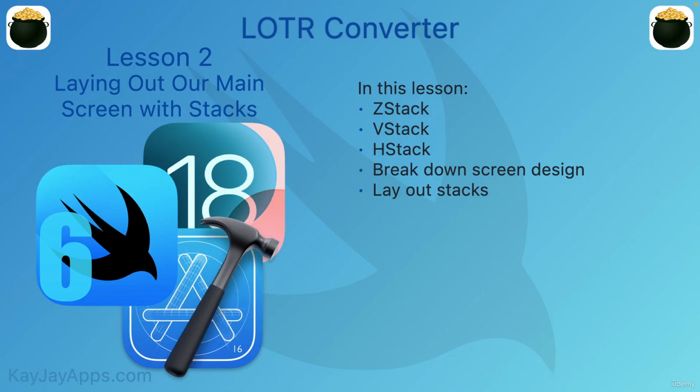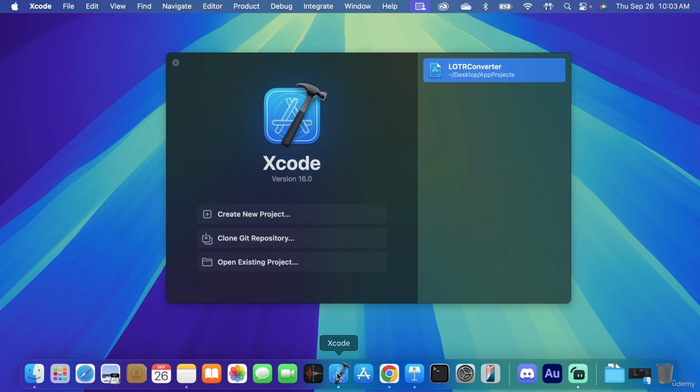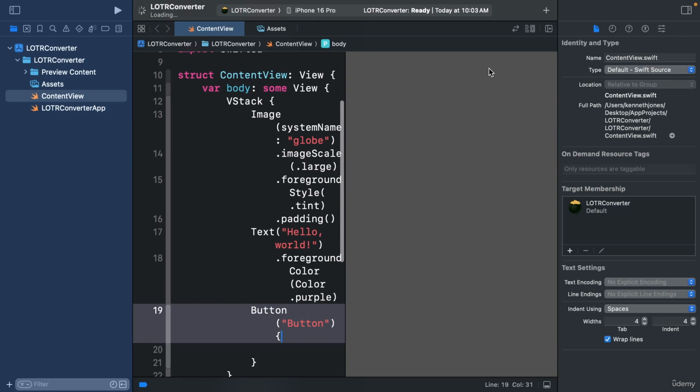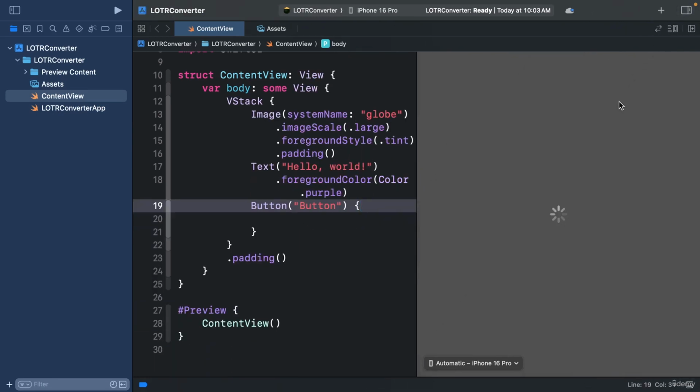Let's get started. First, make sure you have the LOTR Converter project open in Xcode. And if you closed out of Xcode after the last lesson, just open it up the same way we did last time, in the dock or in the Launchpad. And then when the welcome screen comes up, the recent projects will be over here, and you can click on LOTR Converter to open that up. So our project loads up,